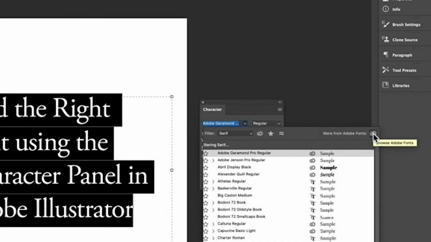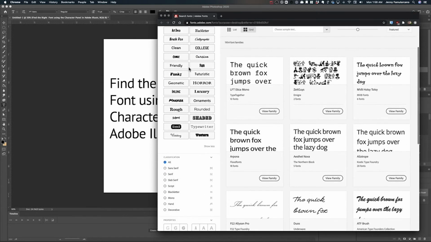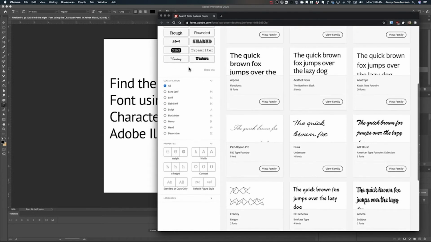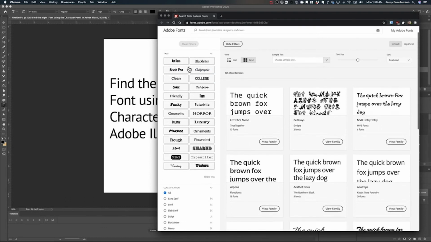Click on the Creative Cloud icon on the far right. It will bring you directly to the Adobe Fonts website. This will take you to the page in your browser where it has more detailed descriptions for narrowing fonts. This is something that they've updated recently. These are very interesting styles that you can use to help filter out fonts, especially when you're looking for things like Art Deco or something Western. So it's a little bit more specific and a little bit more descriptive. Maybe it's a little bit easier, maybe it's not as helpful, but those are available directly on the Adobe Fonts website.